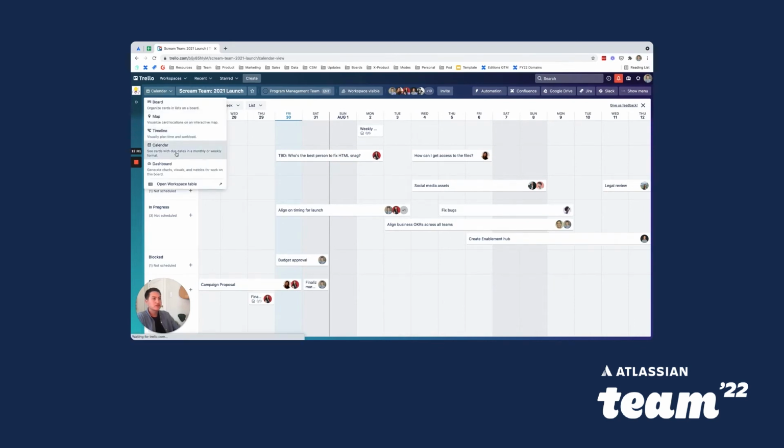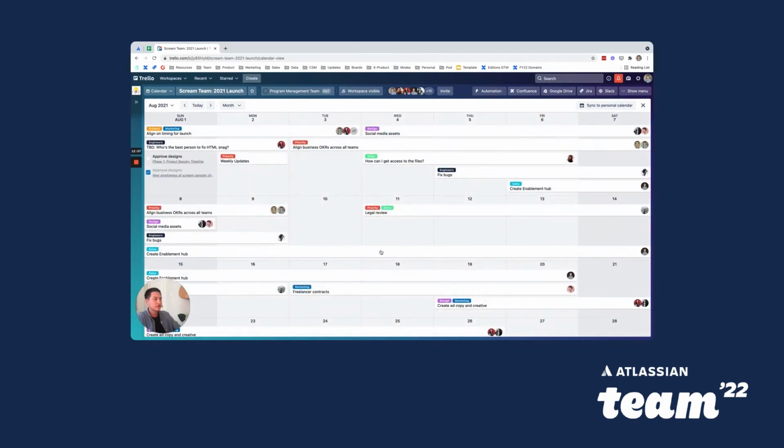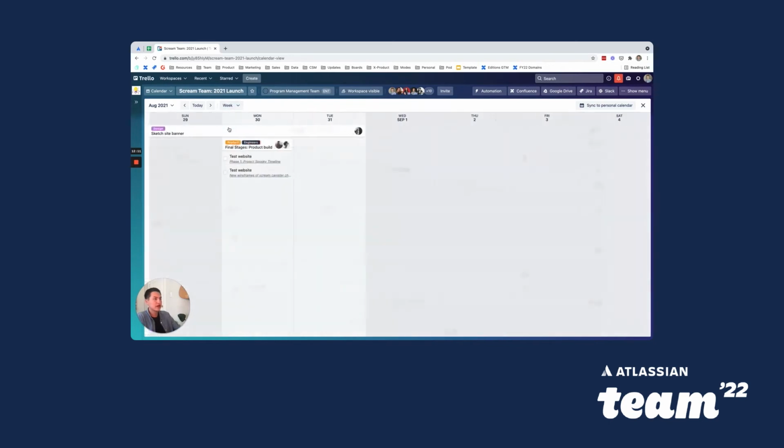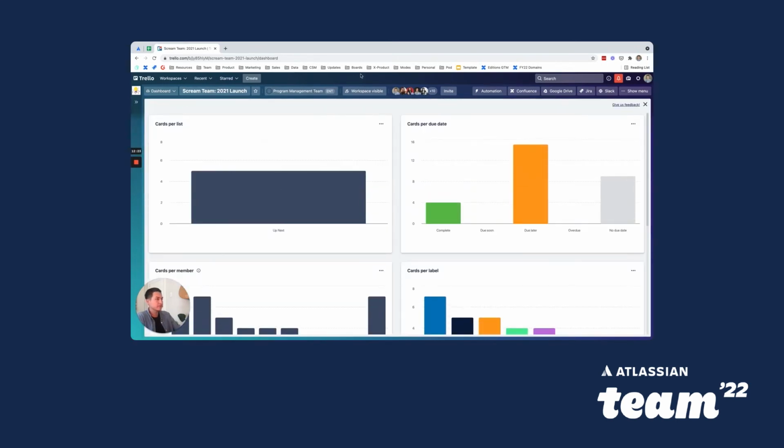And in a similar view, you can also organize things as a calendar view rather than a timeline. If this is looking a little too much for you, you can always whittle down and look at your tasks on the week-to-week level or on the day-to-day level as well. And then lastly, if you want to get a view of all of the cards on your board at a